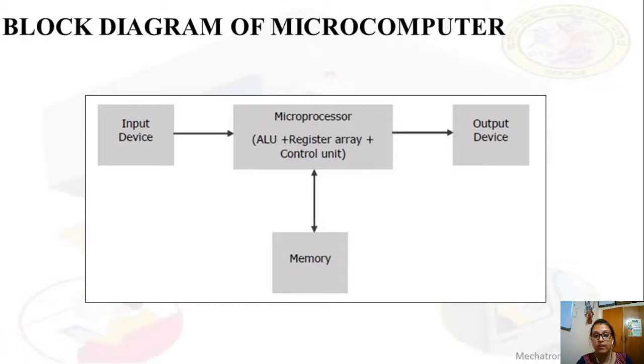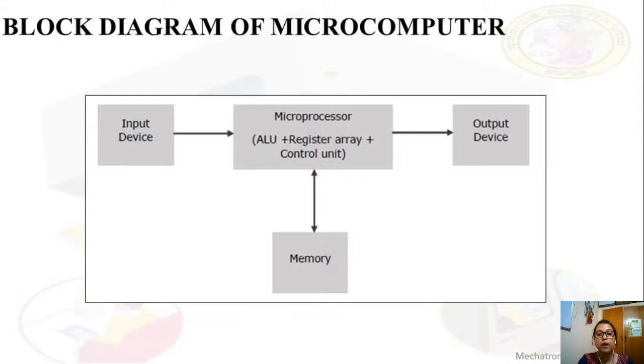So in the microcomputer, the microprocessor is the CPU, and input devices, output devices and memory will be there. Input devices we use for a personal computer: keyboard or floppy disk. Okay, so these are the input devices. Output devices can be a printer, scanner, or display devices, CRT, LED, LCD display. Memory: RAM and ROM, even EEPROM will be present. That is read-only memory and random access memory. The semiconductor memories we are going to use.